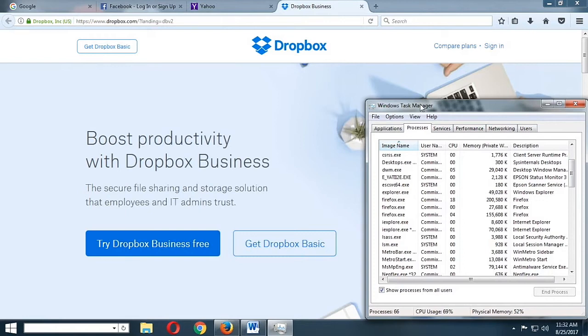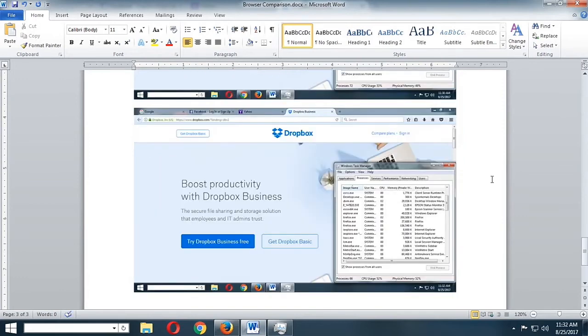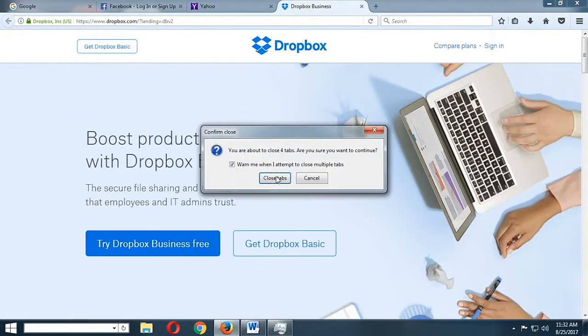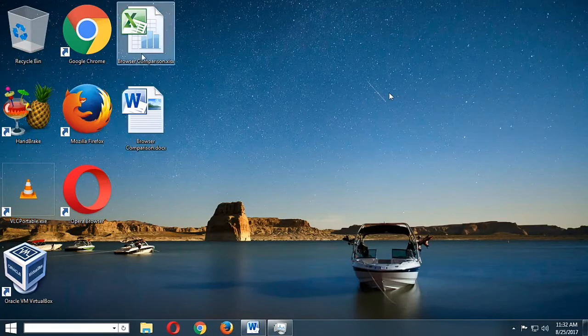Okay, Dropbox is done loading, so let's take a screenshot and then we'll paste it to our document. And we're done comparing. Now we will look at the numbers so that we can compare in terms of numbers